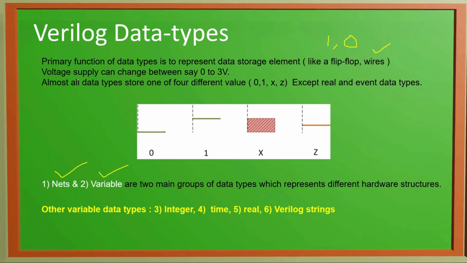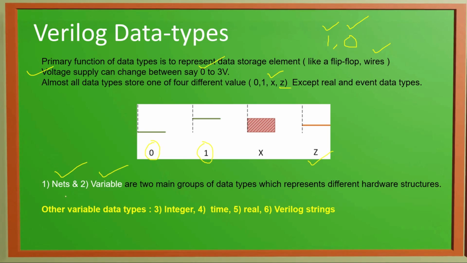Then these values of ones and zeros come from electrical parameters. What are electrical parameters? We use some supply voltage. Say if we are using a voltage between 0 to 3 volt, that means the supply voltage can change between 0 to 3 volt. The values near 0 will have logic 0. Values around 3 volt will have logic 1. Along with that, there will be an unknown or don't care condition defined by X, or there may be a high impedance condition defined by small or capital Z.